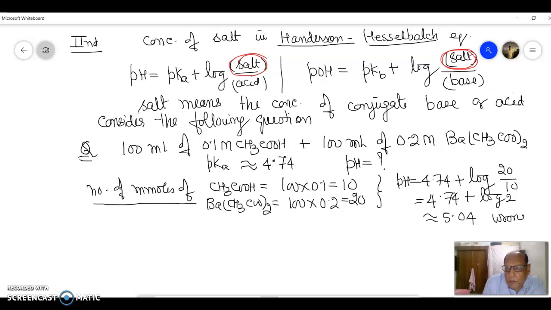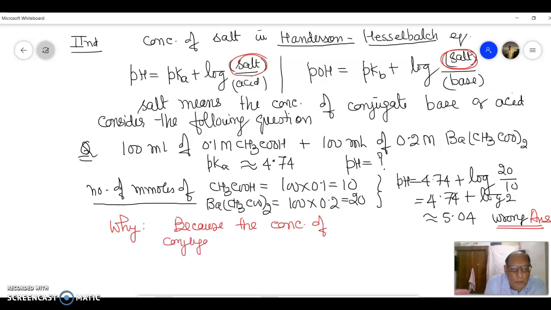But this is the wrong answer. Guys, it is the wrong answer. Why is this wrong? Because the concentration of conjugate base is 20 into 2, equal to 40. Because 1 mole of barium acetate will provide